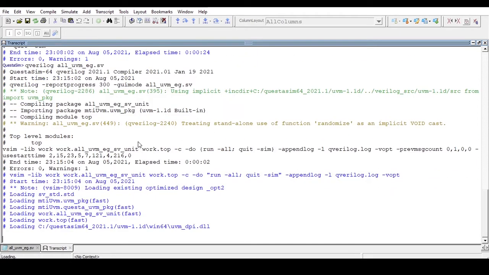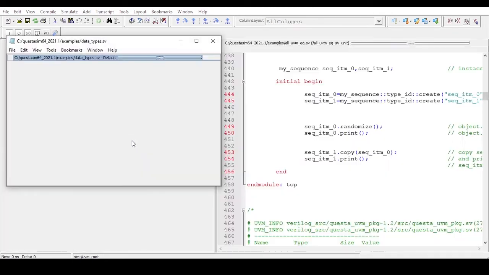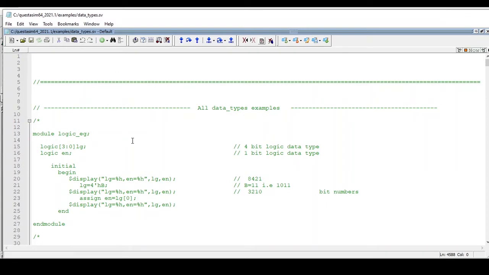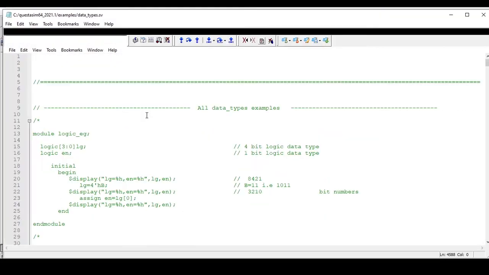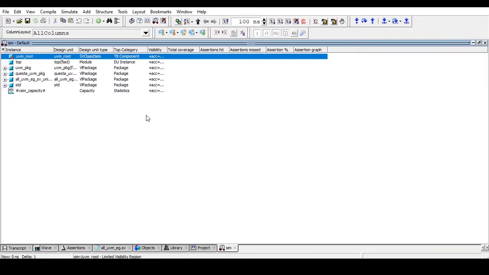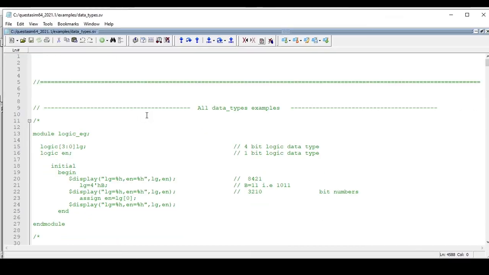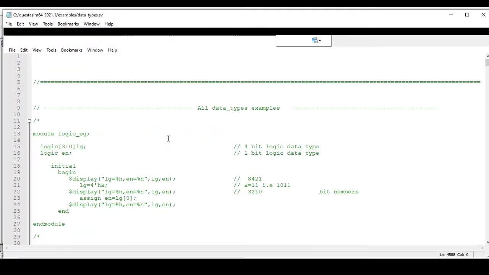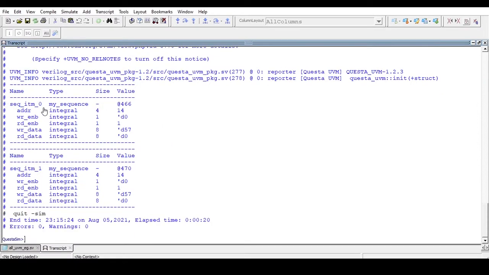Now see, we want sequence item 1 and sequence item 0 to be the same, because we are copying sequence item 0 into sequence item 1, right? Now see, the result we are getting is as expected. This is sequence item 0, sequence item 1.